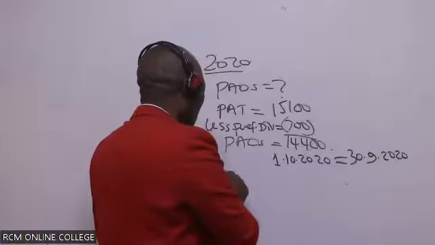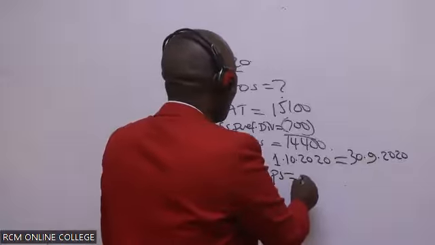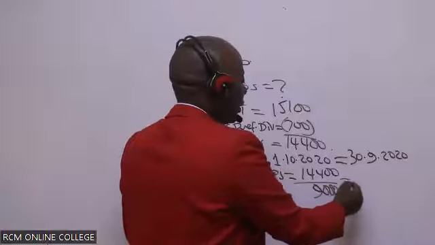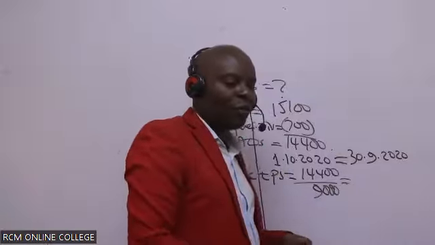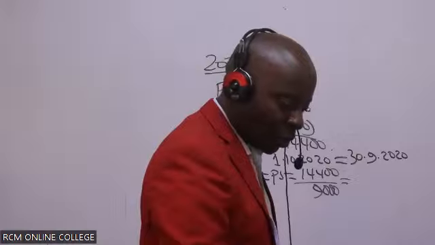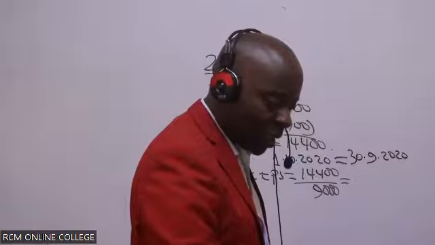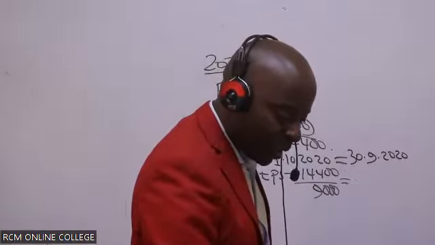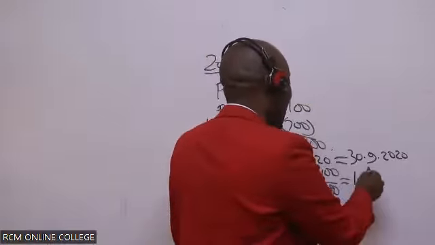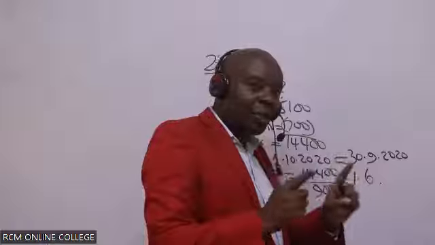And therefore, our basic earnings per share will be equal to the PAOs, 14,400. You divide this by the 9 million shares that we had there, which will give us what figure? Somebody who is trying to follow. What do we have there? A figure of 1.6. This is it. But remember, because in 2021 we had a bonus issue, a bonus because of the rights,